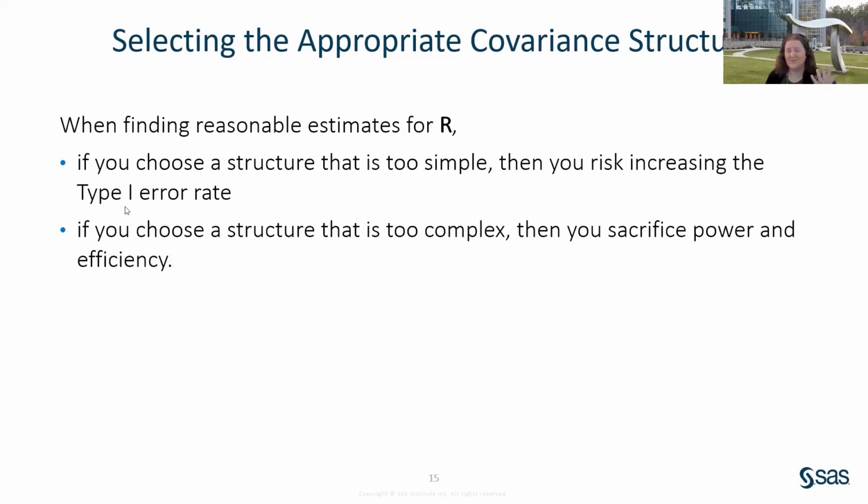And in a clinical trial, for example, you might find that drug A works better than drug B. But if that's actually an error, if that's spurious, then you would treat patients based on that evidence. But it turns out that in nature, drug A doesn't actually work better than drug B. So we don't want to commit type 1 errors. We don't want to inflate our type 1 error rate. So that's the first reason. If our covariance structure is too simple, if we assume too much independence and not enough correlation, we'll find too